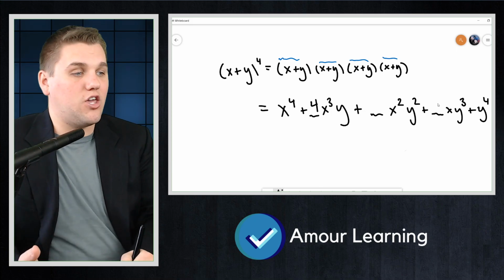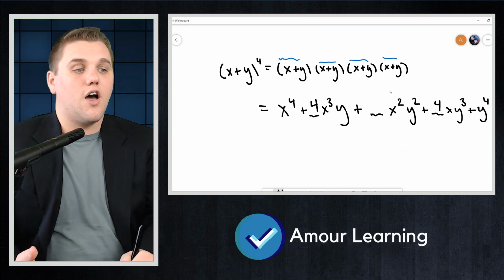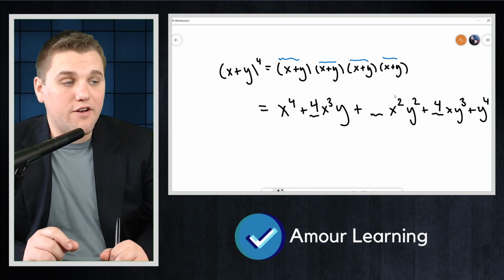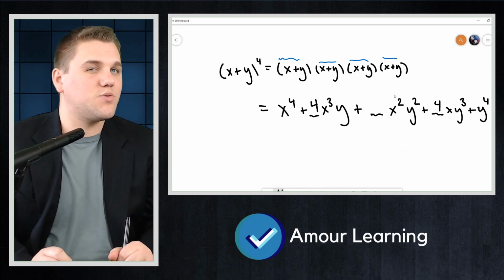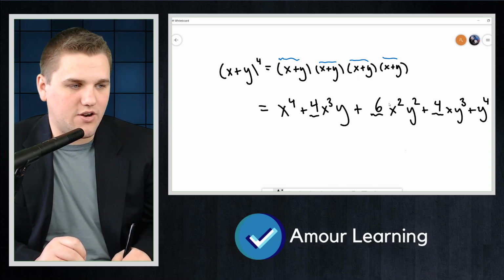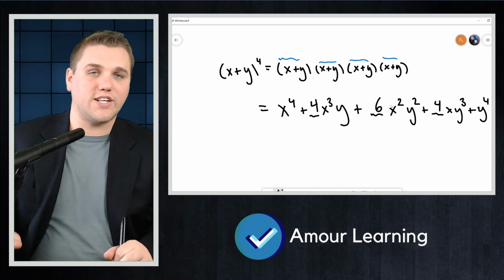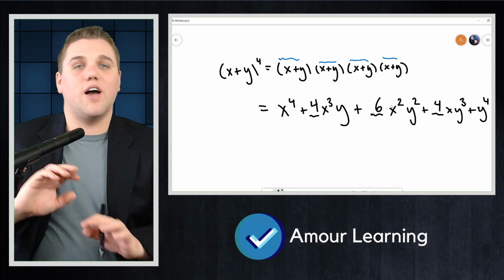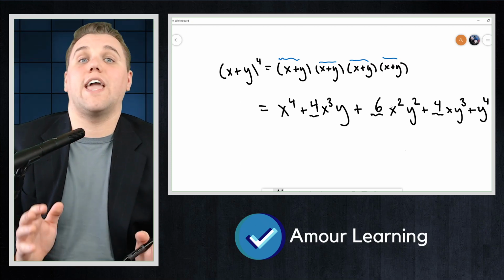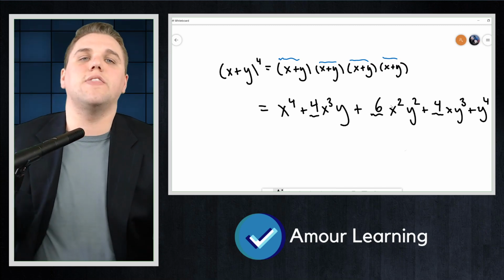Similarly, for the xy cubed, there's only 4 ways of choosing 1 x here and all the others y's. And for the last one, it's a little bit trickier. It would be 6. There are 6 ways of choosing 2 x's and 2 y's. Now, again, I recommend you actually expand this whole thing out, working out all 16 different combinations, and then combining